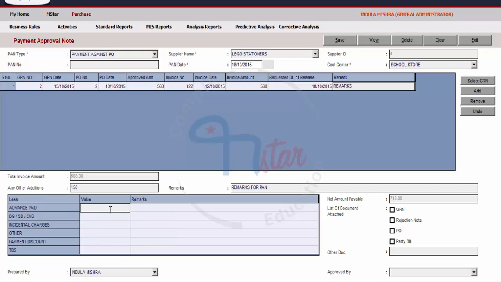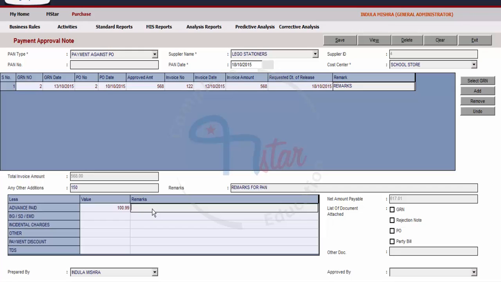So in case there is any advance payment already given against the PO or GRN, it can be entered here. So enter a value if required. Maximum 13 characters can be entered along with numbers up to 2 decimal places.